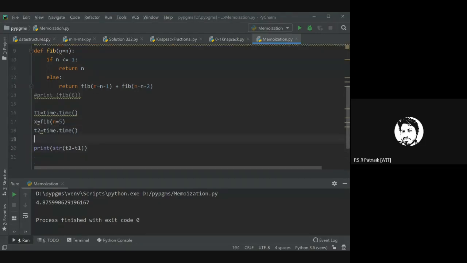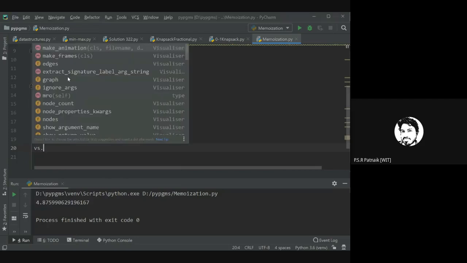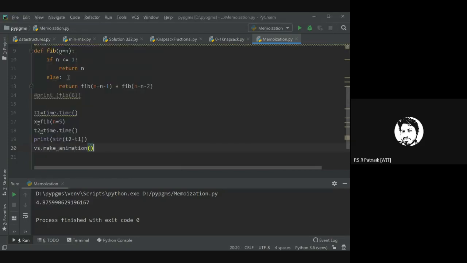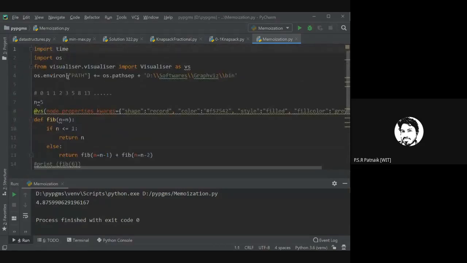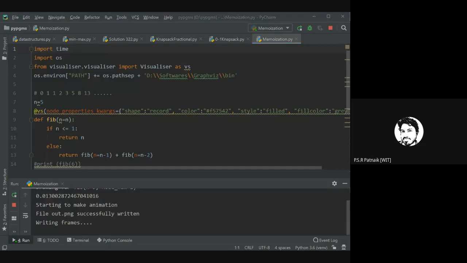So now I'm once again coming back to n is equal to 5, right? So given this, once I print time, I need to get the GIF of that. Now, if I execute this, I'll be getting a recursion tree for this. So it's generating the frames. Yes.